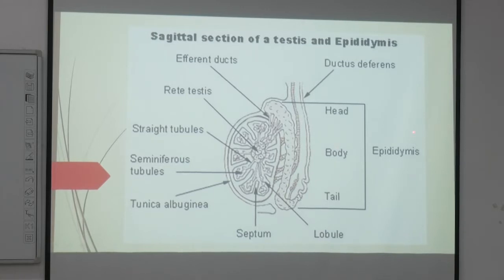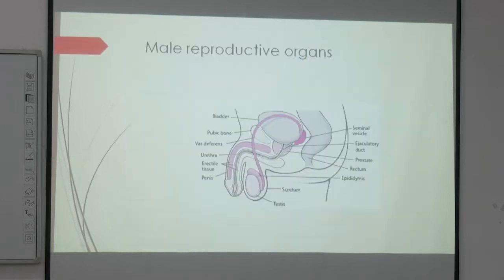From there we get the efferent tubules, and then the epididymis. The top part is the head, then the body, and this is the tail, which ultimately becomes the vas deferens. This vas deferens moves a long distance. It was present over there, and ultimately you can see it goes behind the